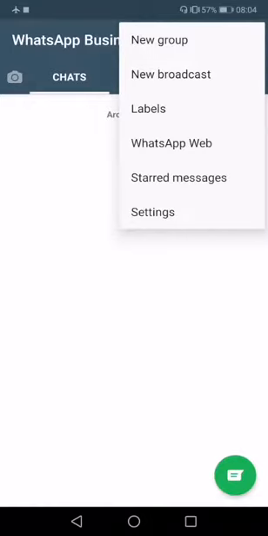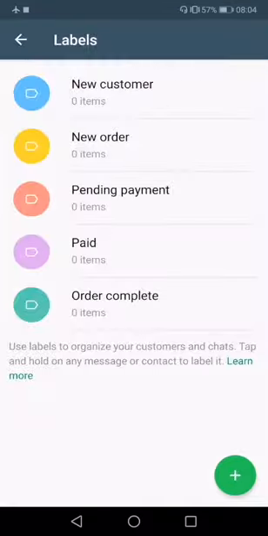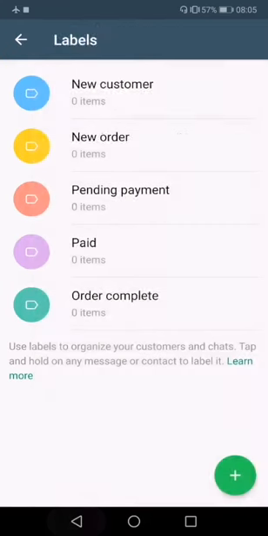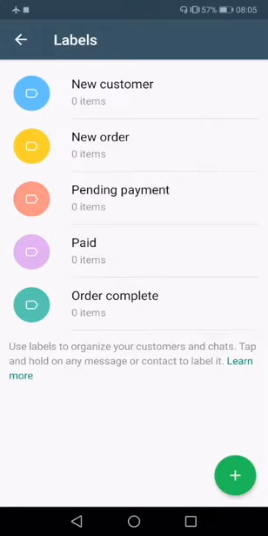And the other last thing I wanted to show you, so from your three dots, if you go to labels, you are able to label your customers. This is such a cool tool for a business, tagging the people that are contacting them. So you're able to say this is a new customer, and then you can add a new customer there, and you can tag them in blue. So based on what the profile of the customer is, if it's a new order, if it's pending, it sort of helps you manage your business properly and at the palm of your hand, instead of using the private WhatsApp for your business.